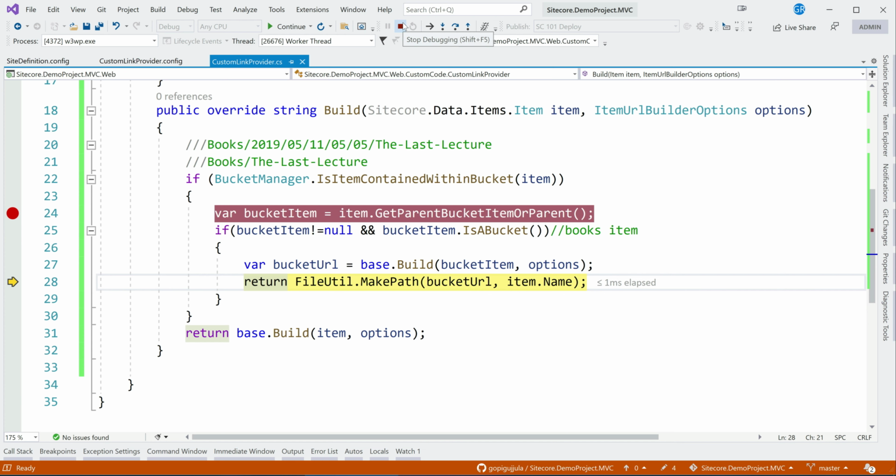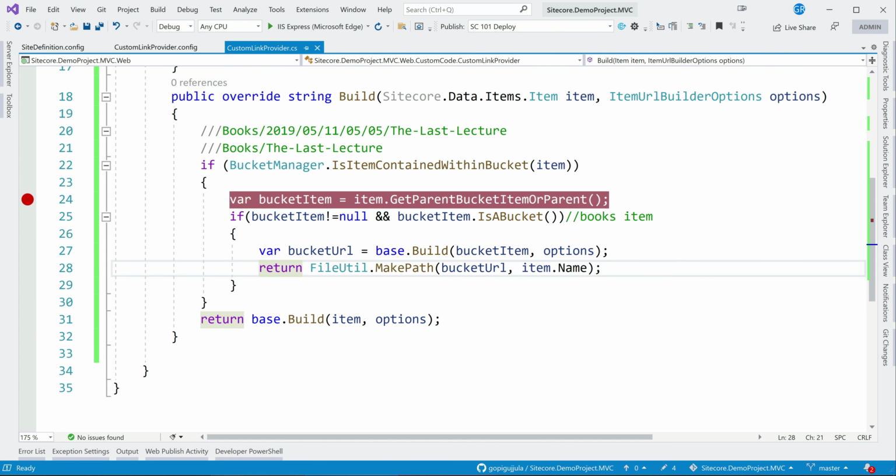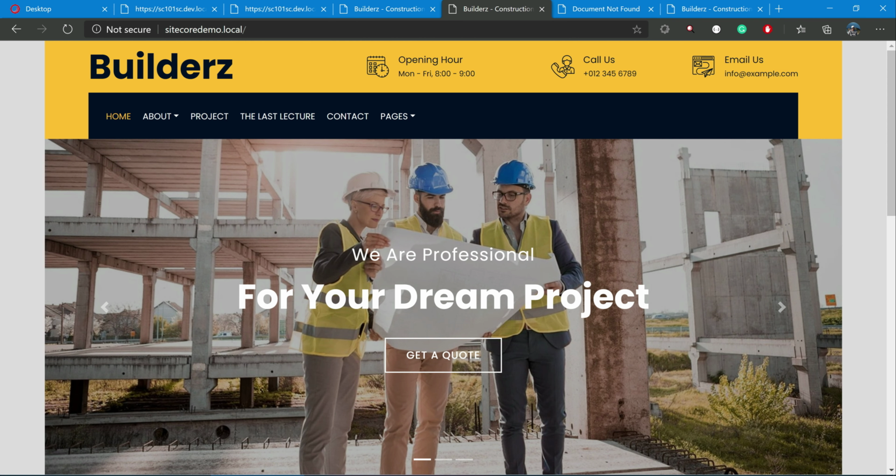And in other cases, for all other projects and everything, it will not go inside at all. So maybe I can just add, you can customize this. I'm just going with a small way. So if you do this, you can replace the URL, rather than getting last lecture with spaces, it will be with hyphens.